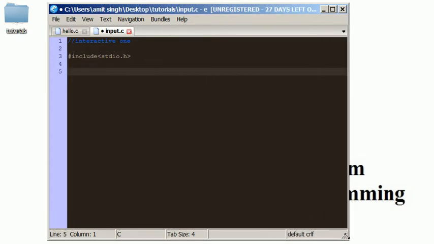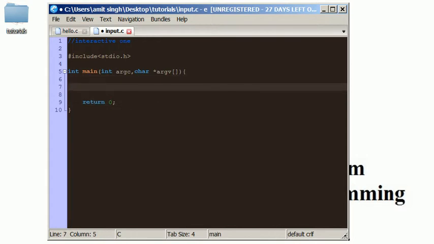Okay, now first of all we need to make our main method, int main with int argc and char *argv. These are the parameters, and main is our method which executes first when the program runs, and integer is its return type, so we can return an integer value.